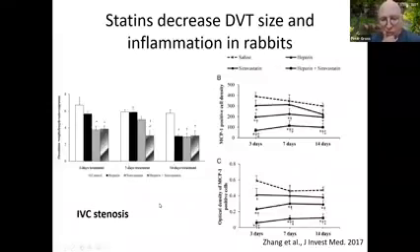This is another model which just sort of showed the same thing in rabbits. So they used the IVC stenosis model. So this time, instead of tying it off completely, they leave this little gap, and you can see heparin reduced thrombus size, simvastatin reduced thrombus size, and heparin and simvastatin sort of were good together. And if you look at the inflammation in the vessel walls, when they analyzed it, you can see that the combo of heparin and simvastatin reduced the amount of inflammatory cells in the vessel wall and the thrombus 2 weeks after the thrombus was formed.